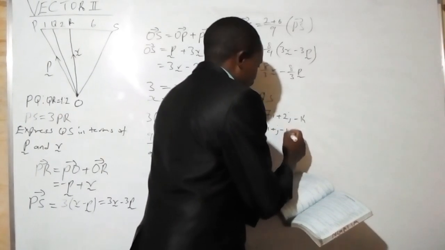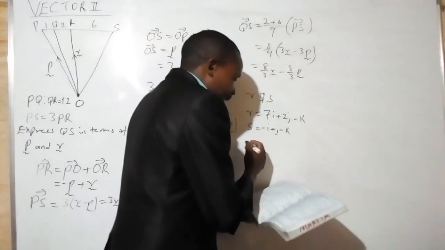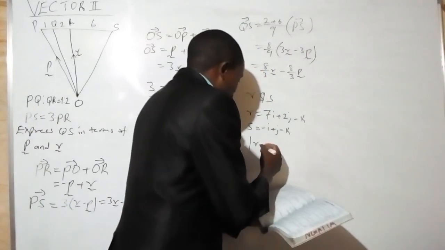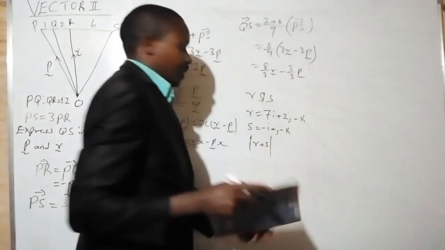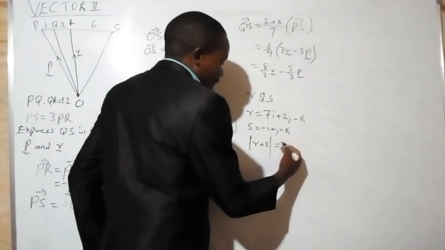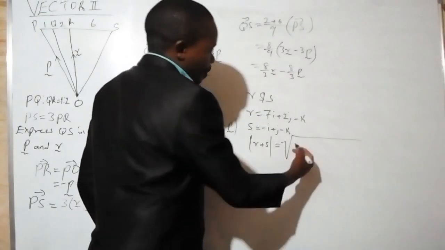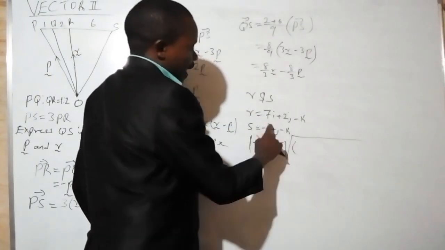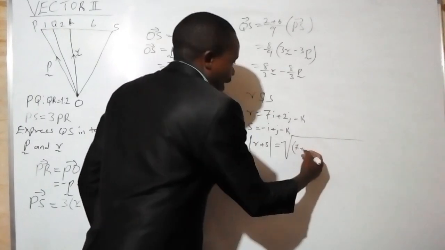Then the examiner wants you to find the magnitude of R plus S. We are going to put the square root, open the bracket, take 7 plus negative 1,